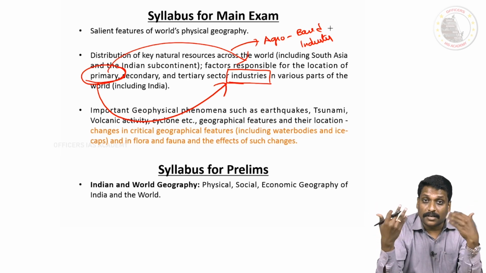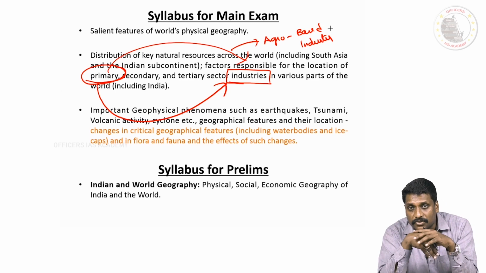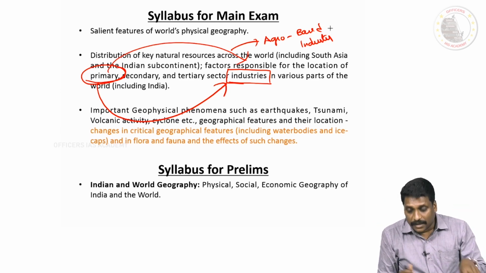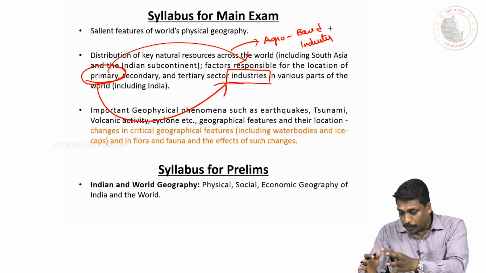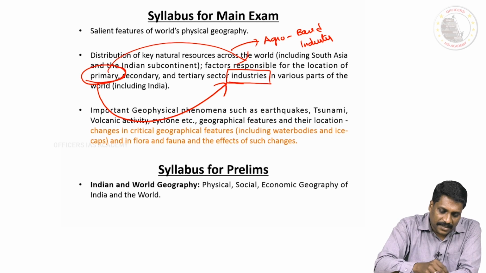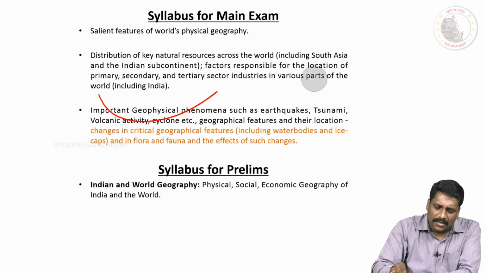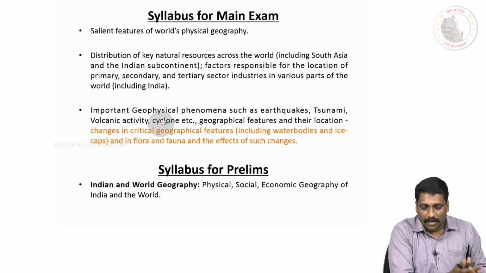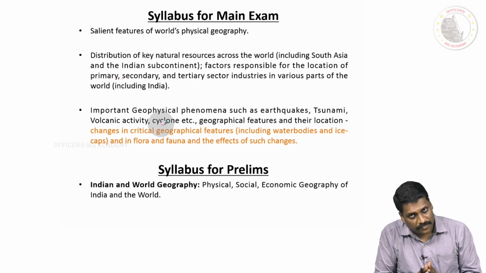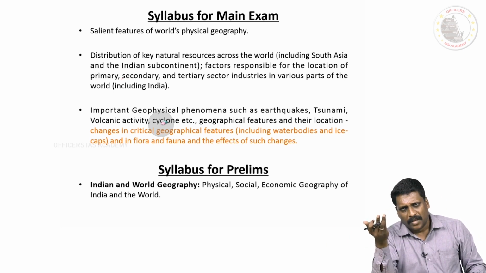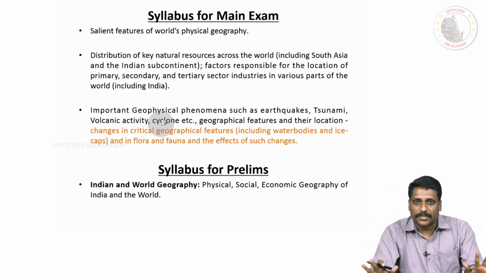When I talk about cotton textile industries, jute textile industries, all these industries are what? Agro-based industries, where the input of this industry or the processing unit itself is agricultural output. You call them as what? Primary sector industries. Now, there are a few very important primary sector industries we have to read about, a few manufacturing industries we have to talk about, and some of the service sector industries we have to talk about. Maybe 3 or 4 in a list, your preparation should be sufficient.